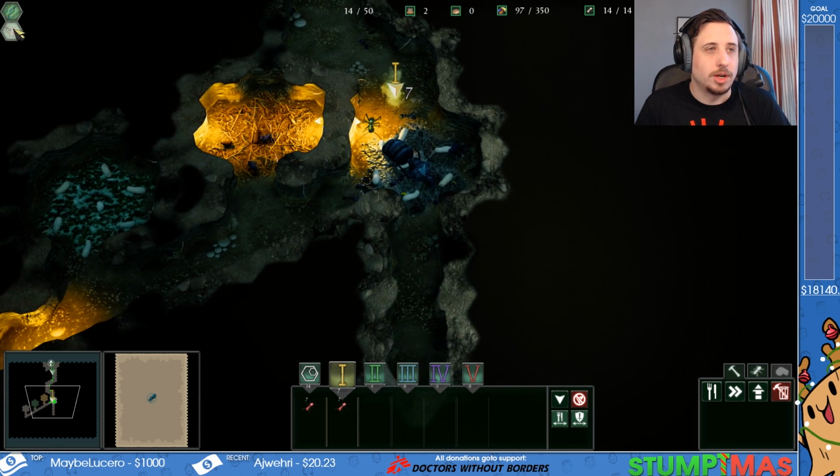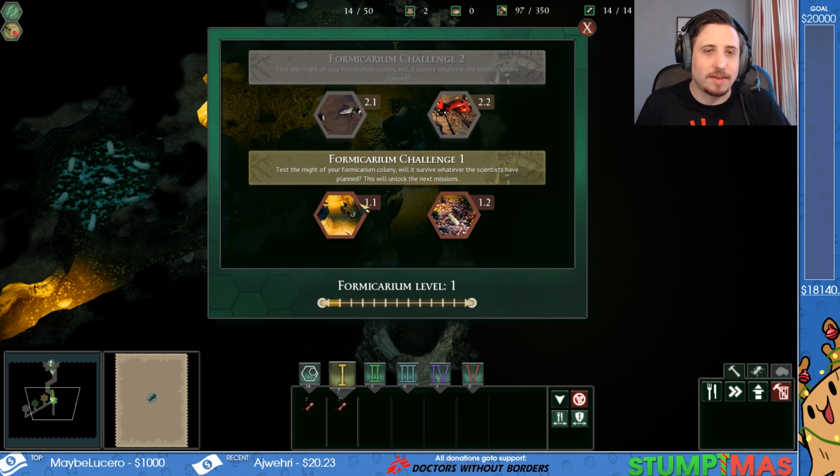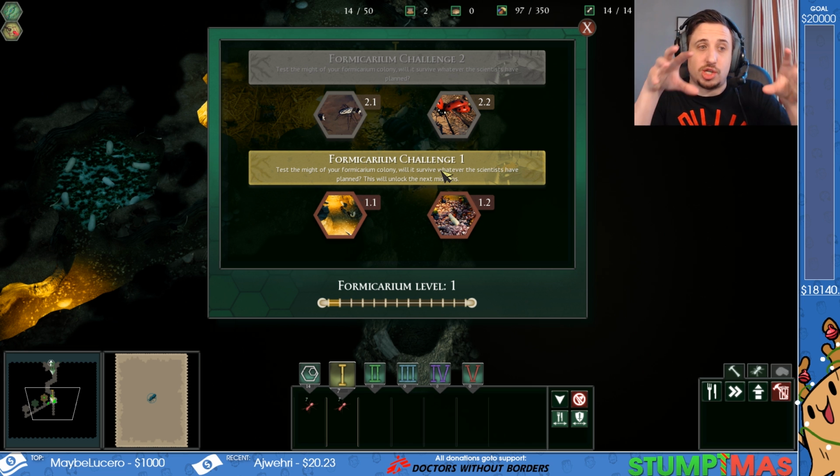So, we're going to click this button up here. Level selection. Choose a level. And we have these 3 challenges unlocked. The Formicarium challenge is actually going to challenge this nest. So we want to make sure that this nest is prepared when we do that. We're probably going to want to have 50 units because that's our maximum. We're probably going to want to have them all really highly upgraded. So we want to do these